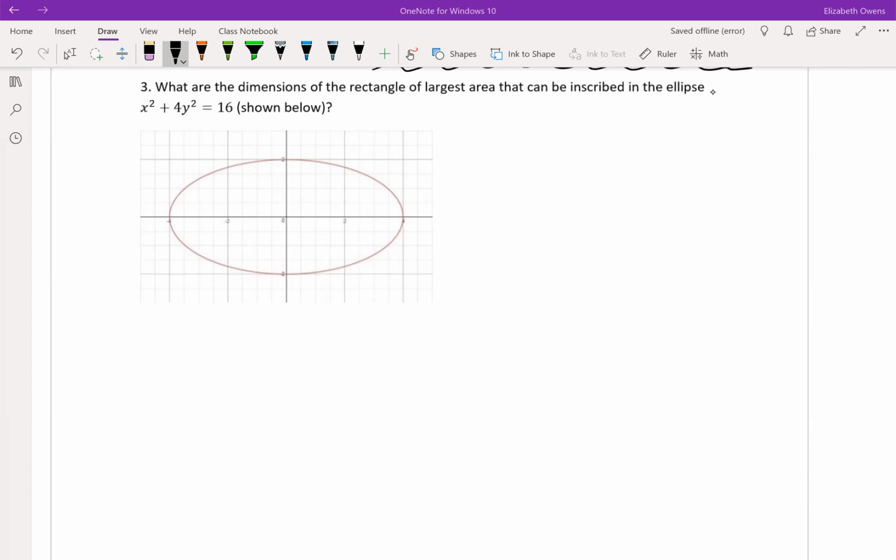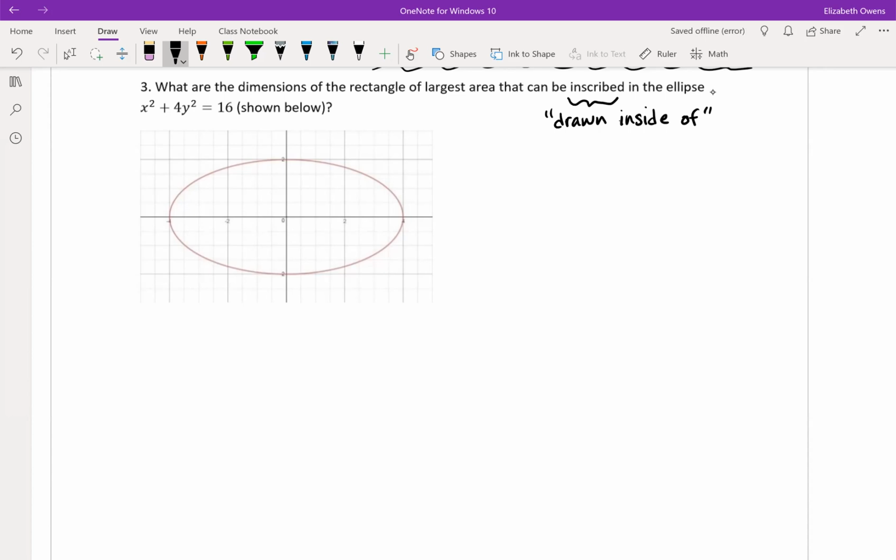So first things first here, it would be good to know what this word inscribed means. That way we know what we're doing. Basically, inscribed is just a synonym for drawn inside of something. So what are the dimensions of the rectangle of largest area that can be drawn inside of the ellipse that's in